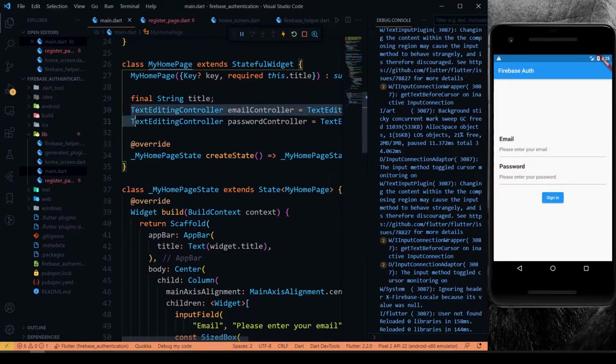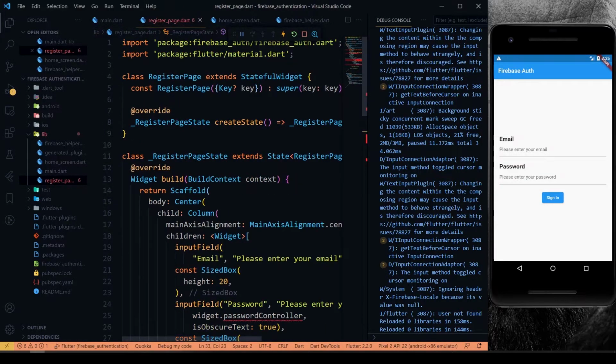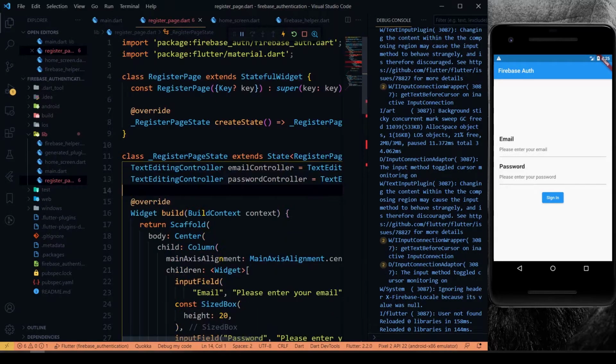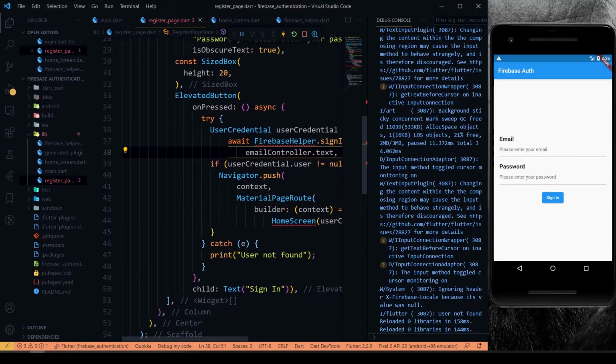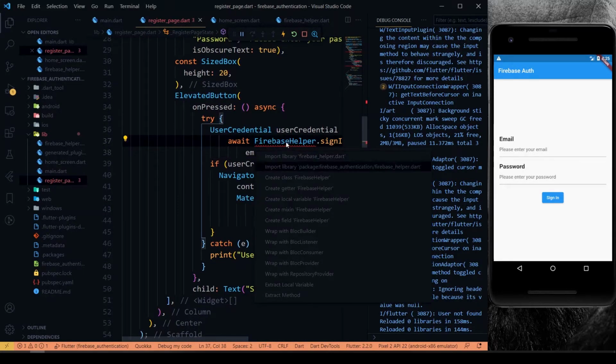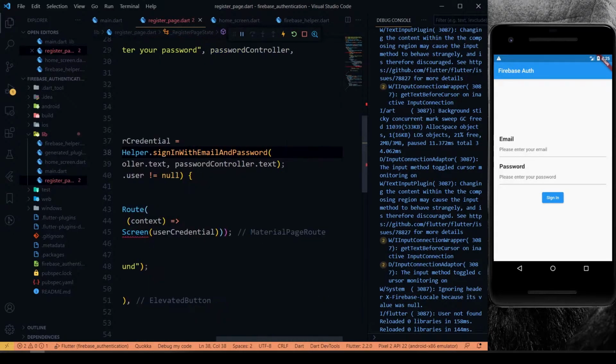We need to copy this controller too. So we'll just import our Firebase helper class.